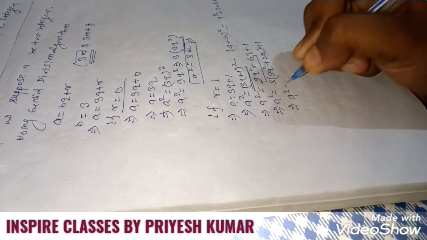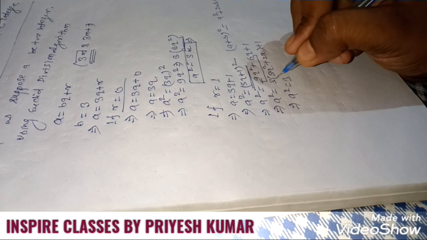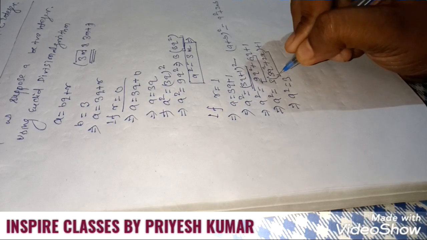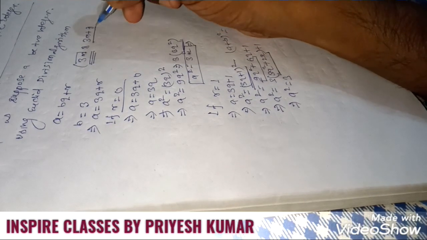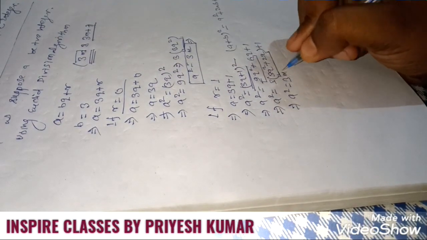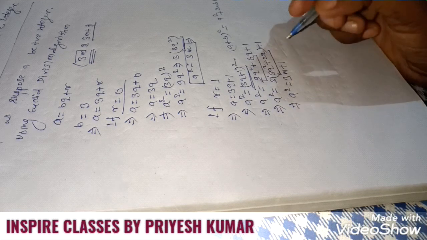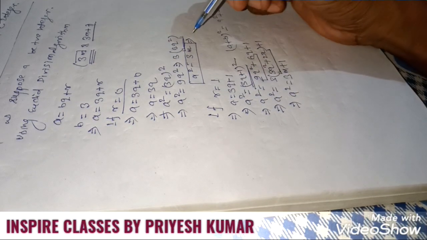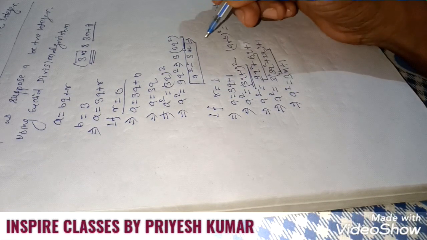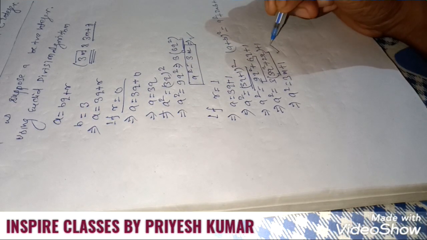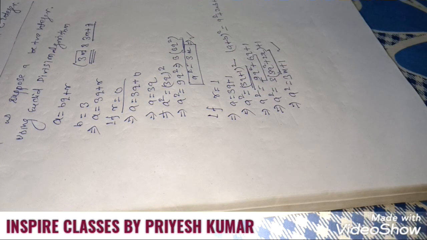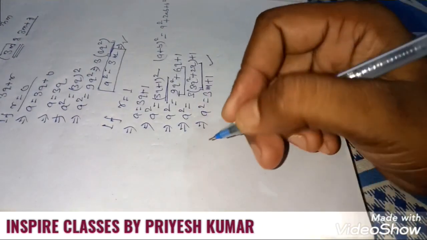That's why a square is equal to 3 into this value, which will be equal to m, because you have to express this expression as 3m plus 1. That's why this will be 3m plus 1. Now you have expressed that the square of any positive integer can be expressed in the form of 3m or 3m plus 1, but you have to verify it. How can we express this expression as 3m or 3m plus 1? So we will verify the question.